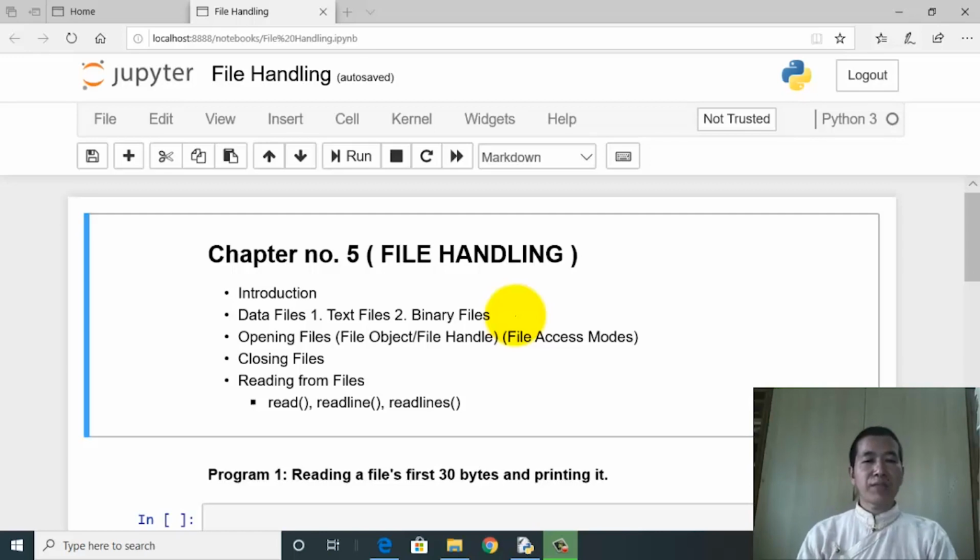In the first, the text file, if you choose to store the information in the file via text file, the information will be encoded. The characters will be encoded in the form of the ASCII or Unicode character system. So as a result, there is some translation which takes place internally.